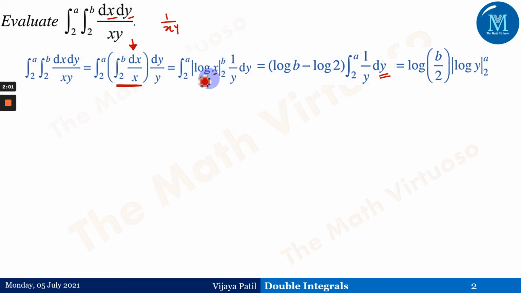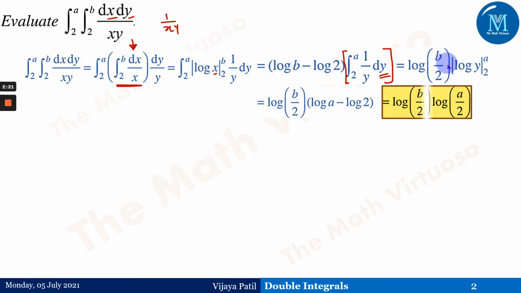Now looking at the other variable, what is happening if you observe here. The integration from 2 to a of 1 upon y dy. So now we are dealing with this particular integral. After solving the first integral with respect to only one variable and keeping other things constant, we can go ahead with the same thing again and you will observe the same answer here. So it's the integral from 2 to a of 1 upon y dy, which is nothing but log of y from 2 to a, and then it's again log of a minus log of 2, which is log of a by 2. So the answer is log of b by 2 into log of a by 2. This is the answer we have got.